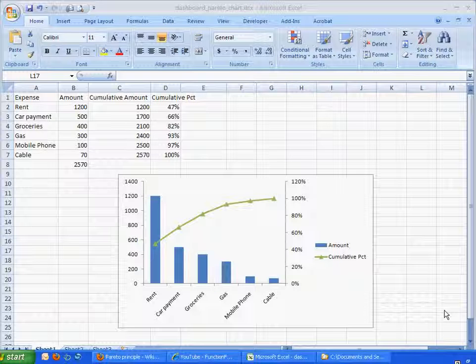Hi, today I'm going to cover how to create a Pareto chart. Now, a Pareto chart is a good visual example of the 80-20 principle or the Pareto principle. And this was named after an Italian economist back in the 19th century. His name was Wilfredo Pareto, and he had noticed that 80% of the land was owned by 20% of the